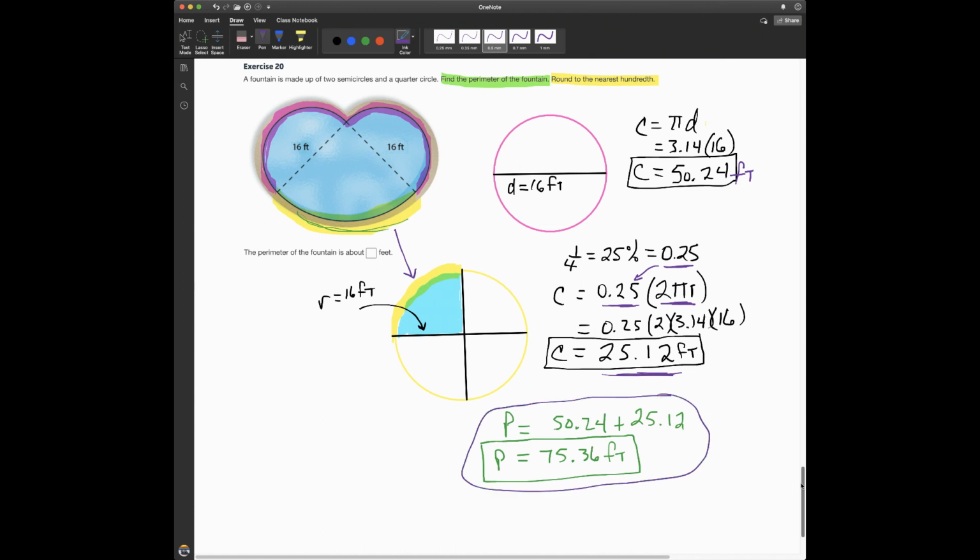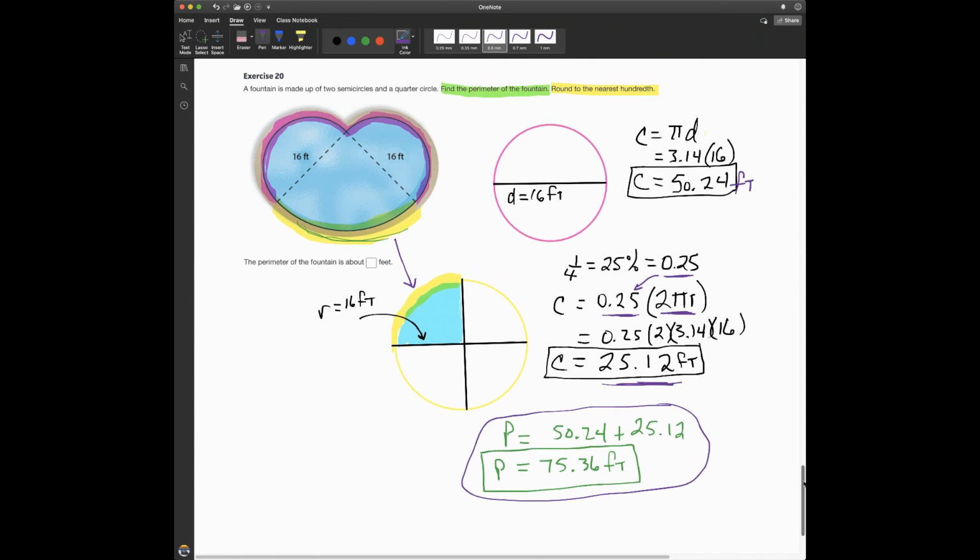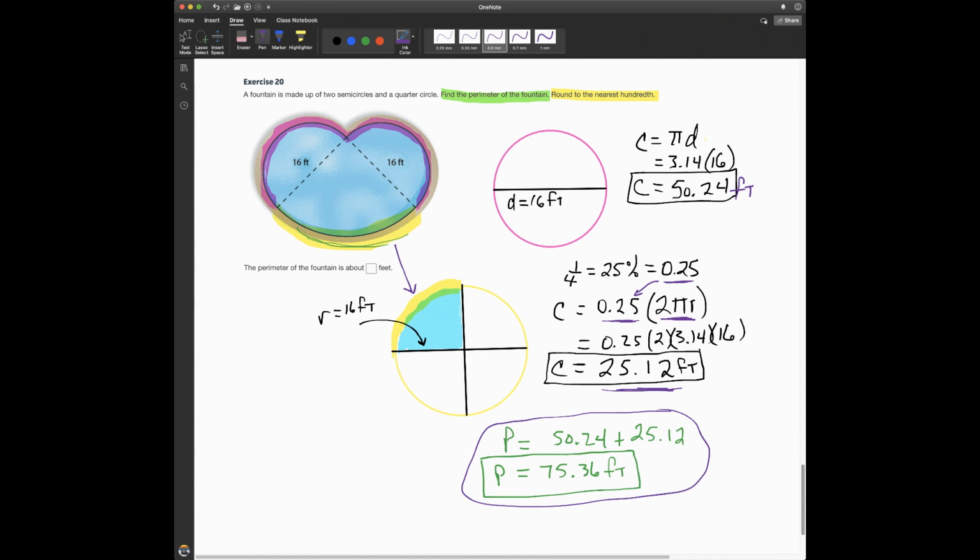All right, so that's how you solve these problems. As you're going through, if you get stuck, you can watch the video again or watch some of the problems that are still confusing for you, or just go ahead and send me an email and we can go over problems in Zoom during our